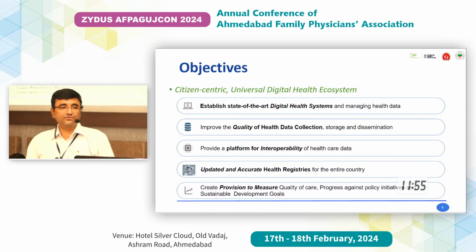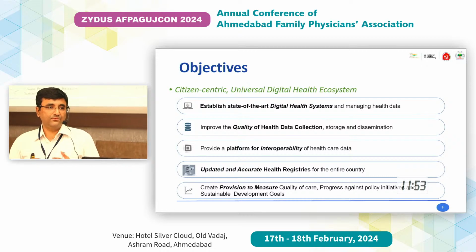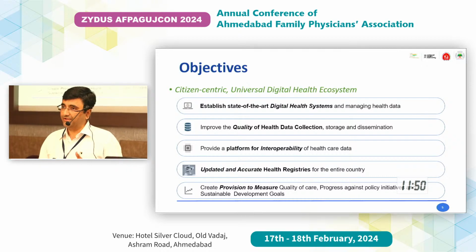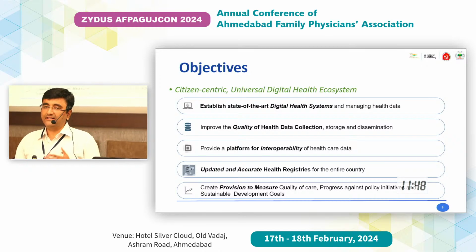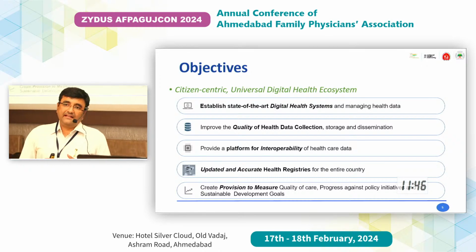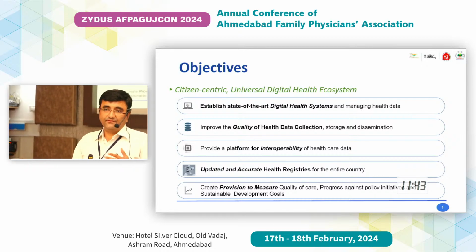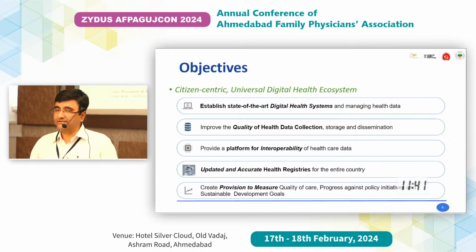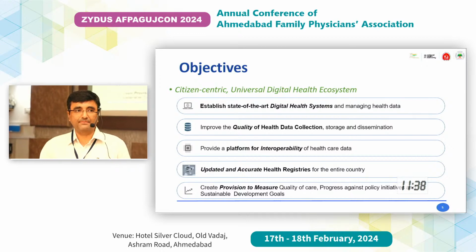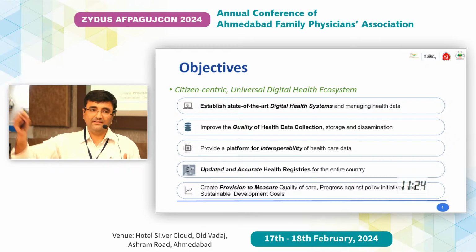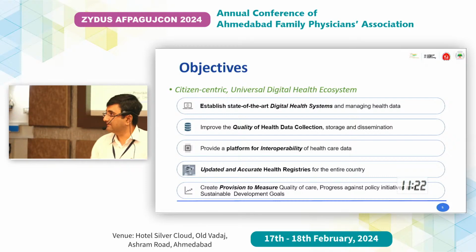Then comes the data. Data is of live human beings, so it should be updated and accurate. So it will help us in having updated, accurate data. And on the administrative aspect, if you have some mission or goals, for example the SDG 2030 goals set by the WHO or by the government of India, we'll be able to measure whether we are heading in the correct direction or not. Do we need any realignments? Do we need any corrective measures during the course of time? So it will help us.